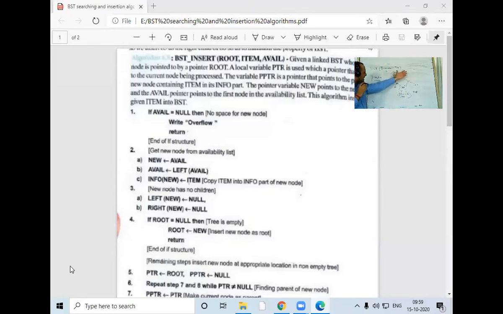Pointer was here, PPTR was null. Then this became PPTR, and we check whether the item is less than or greater than. If it is less than, we will move to left. Pointer will come here. Then this will become PPTR, and I will check, is the item greater than 26? Yes, so the pointer will come here. The pointer will go ahead, PPTR will follow behind. Once the pointer becomes null, PPTR will be at that node. Then I have to see whether the new item is greater than this or less than this. If it is greater than PPTR, it will be right of PPTR. Else it will be left of PPTR.